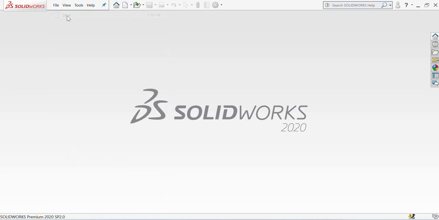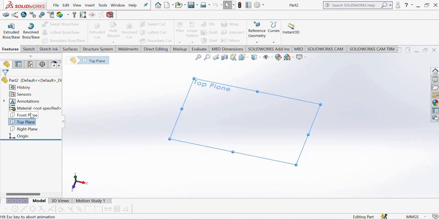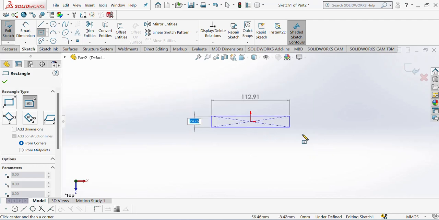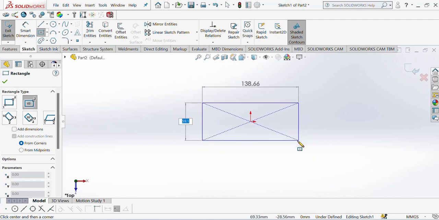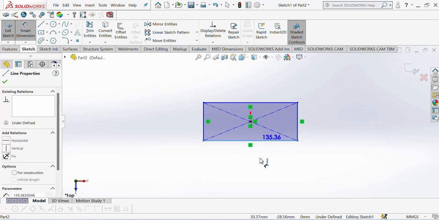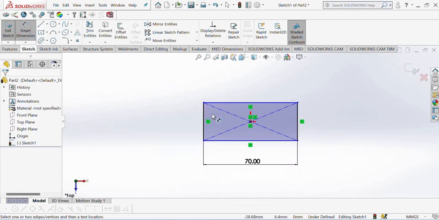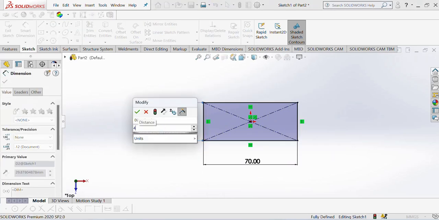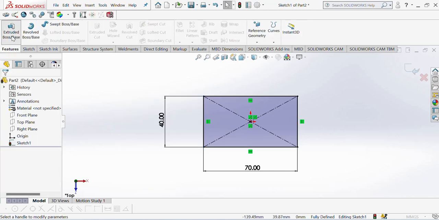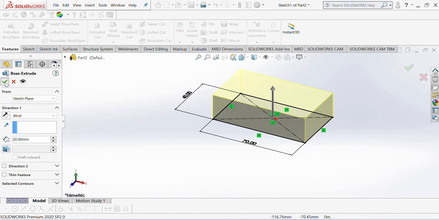File, new part. Okay. Top plane, sketch, choose center rectangle, start from origin. Okay, assign dimension. Now 70mm. Okay, this is 40mm. Okay, extrude up to 20mm. Okay,